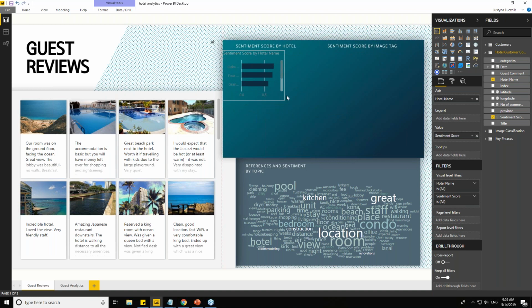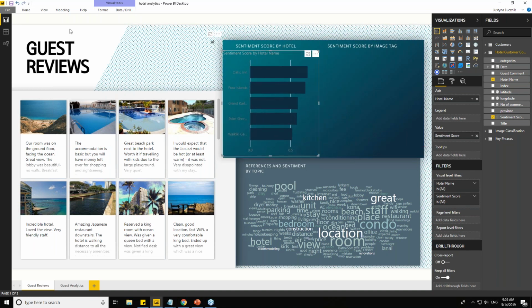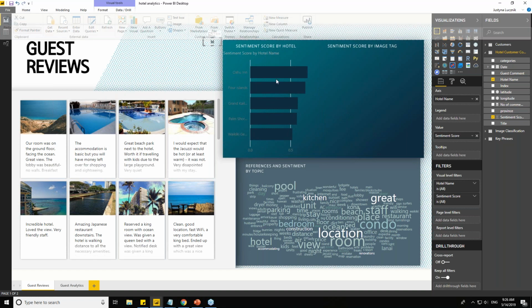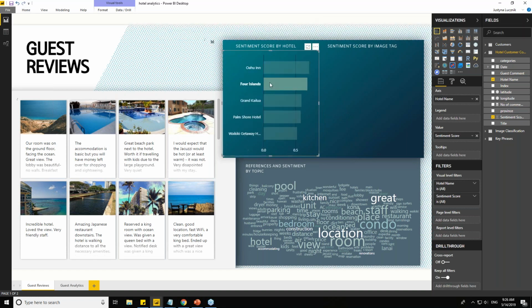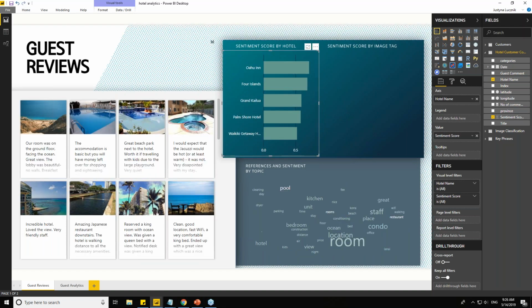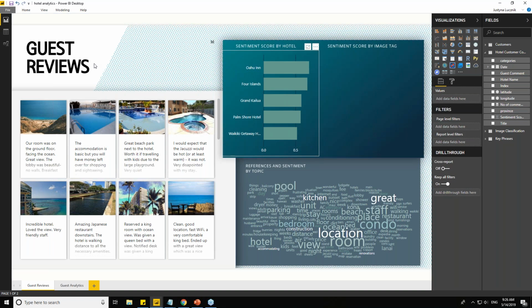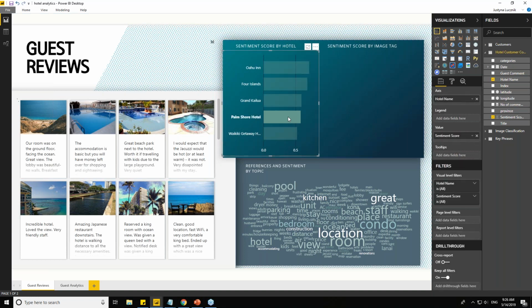So I have 5 different hotels over here. And this is a little bit hard to read. So what I'm going to do is I've got this little hidden image here, and I'm just going to format this image to make it look better. And you can see very quickly that I can immediately take a look at which hotels have higher sentiment versus lower sentiment in my data. And I can select something like Palm Shore Hotel over here, for example, which has generally a bit of a lower sentiment, to take a look at very quickly,